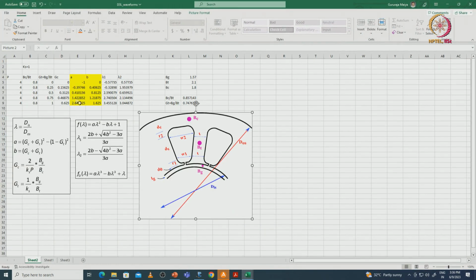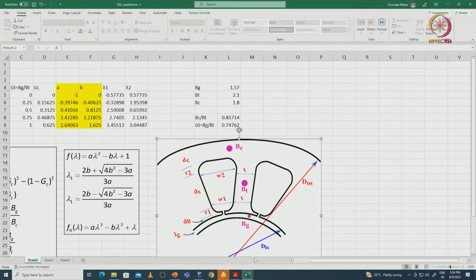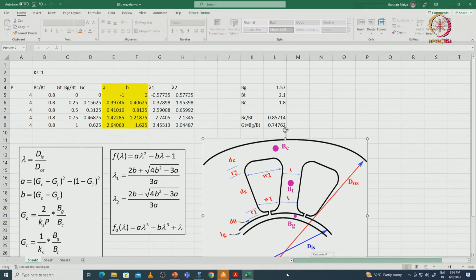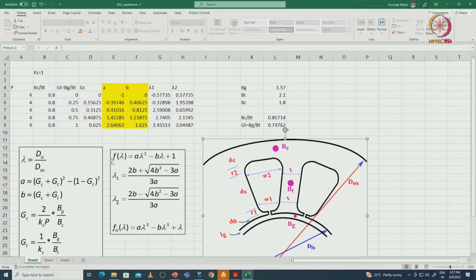Let us consider the equations whatever we have derived with respect to the slot geometry. We can see here lambda is nothing but the inner diameter of the stator divided by the outer diameter of the stator, and f of lambda is nothing but the copper function. First we will analyze with respect to the copper function and then the output function. We have to maximize these two. These are the roots we have derived,